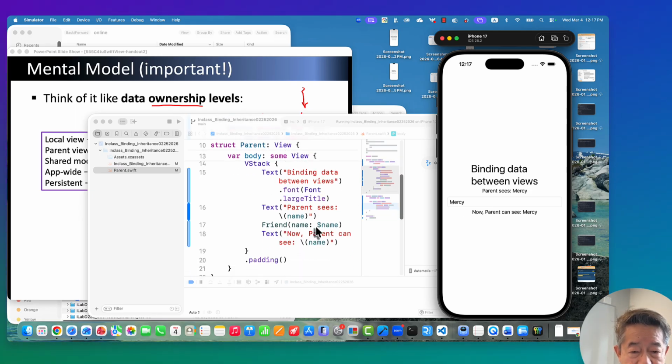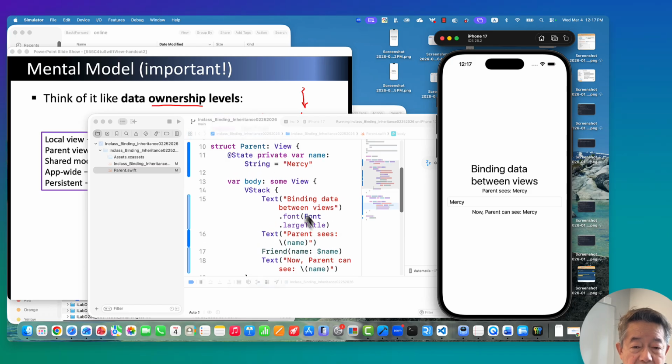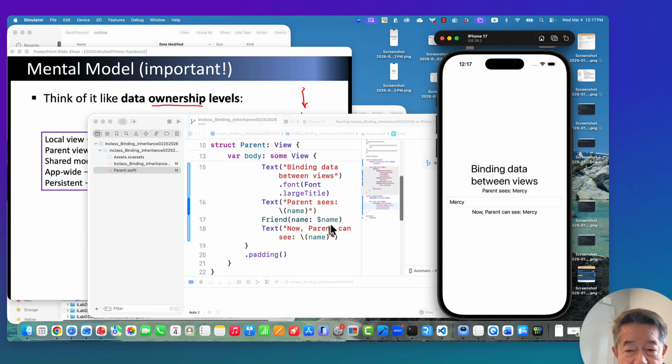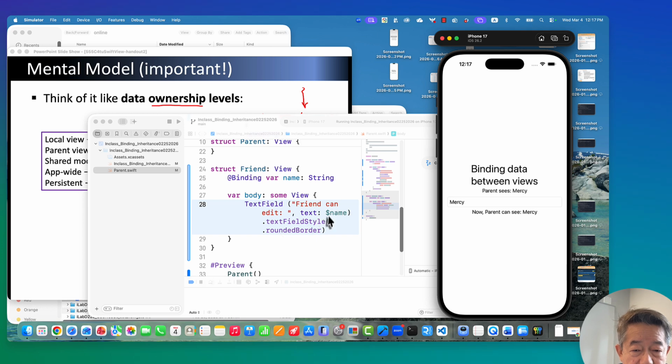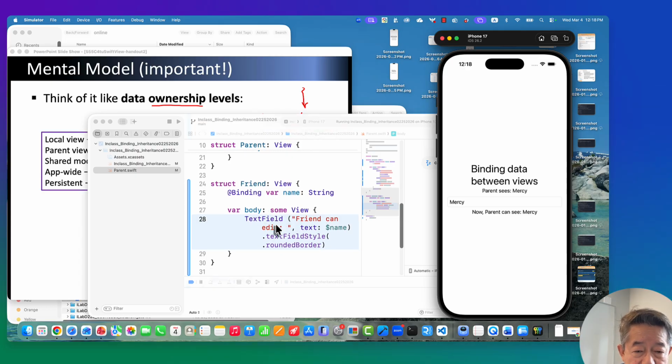Below this friend action, there is a text. Now a parent can see name. Of course, everything here is at the place of the parent. So we'll see when I change this mercy, that is now taking place at the friend, not the parent, at the friend. This text field is the only action that can be taken at the friend view. And when I change this friend view,